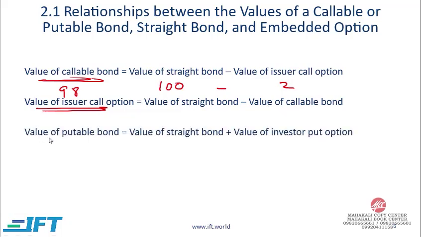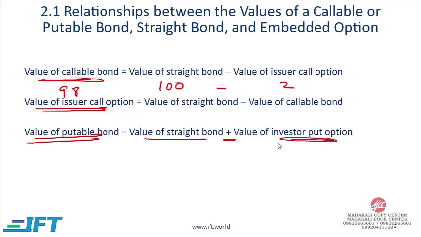With puttable bonds, the opposite holds true. Bondholders or investors like the put option. So the value of a puttable bond will be more than a comparable straight bond, and that's why we have this value of a puttable bond equal to the value of a straight bond plus the value of the put